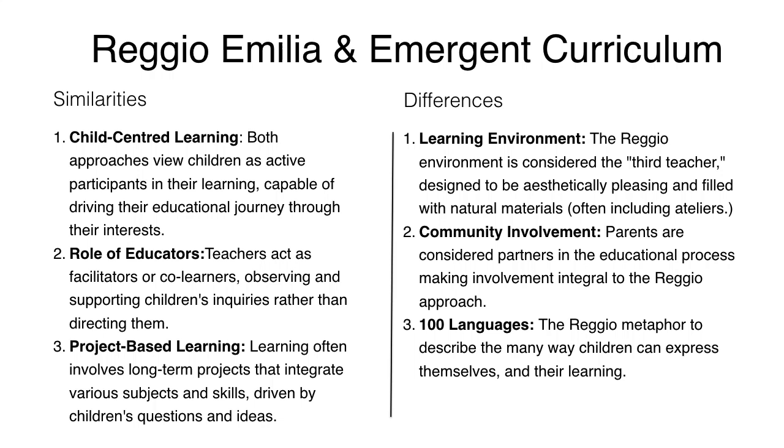Some of the differences are in the Reggio Emilia model, they are more intentional about the environment being the third teacher, in the sense where they design it to be natural, they design it to be aesthetically pleasing, and they design it with an atelier, which is an area where the children can complete activities, but others can see them within that learning space. So the learning environments are a little bit different, although both intentional. Reggio places a stronger emphasis on the intent and the purpose of that learning environment.